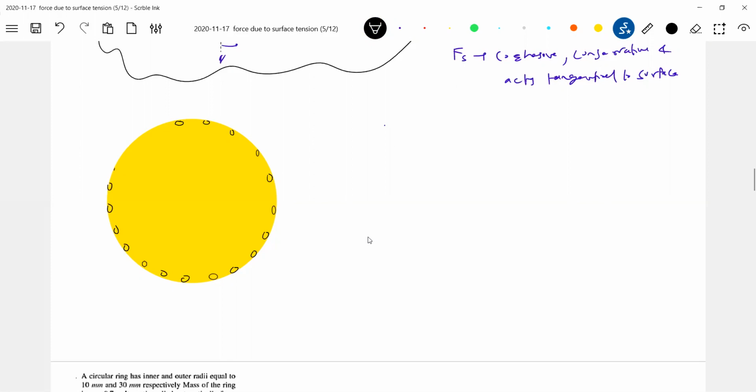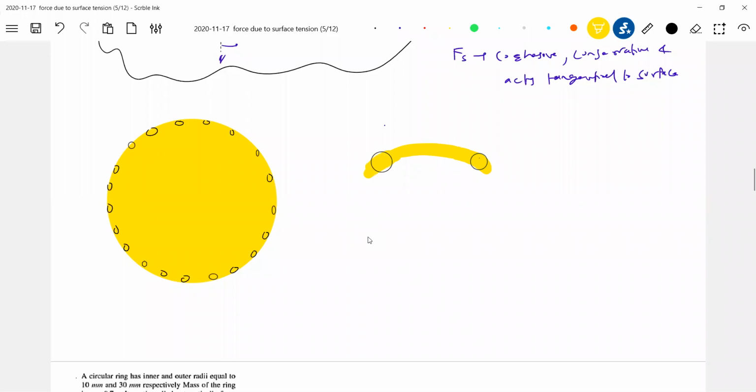And what will these molecules do? They'll exert force. They are not on a horizontal line. If you take any two given molecules, they'll not be on a horizontal line. So the molecules will be like this, and the free surface is somewhere like this. Tell me how the force should be there.